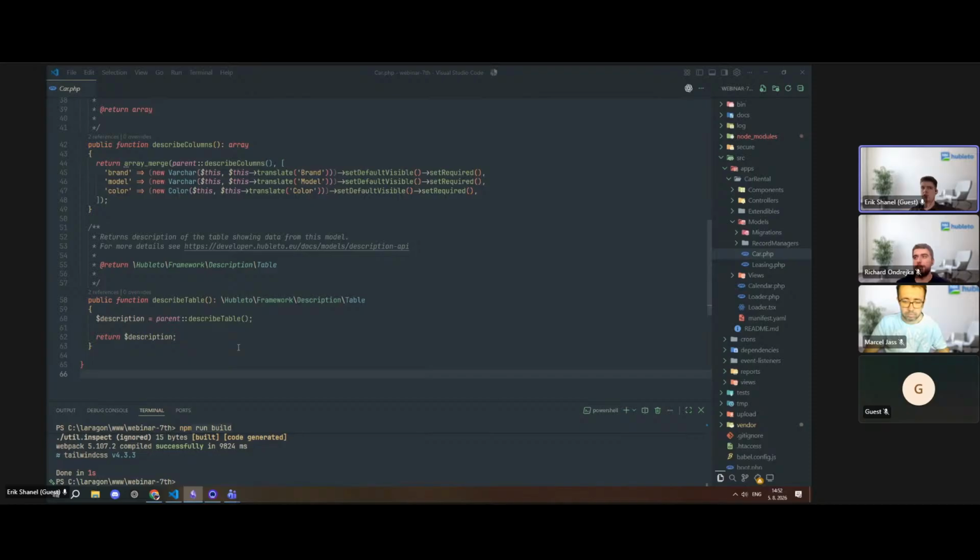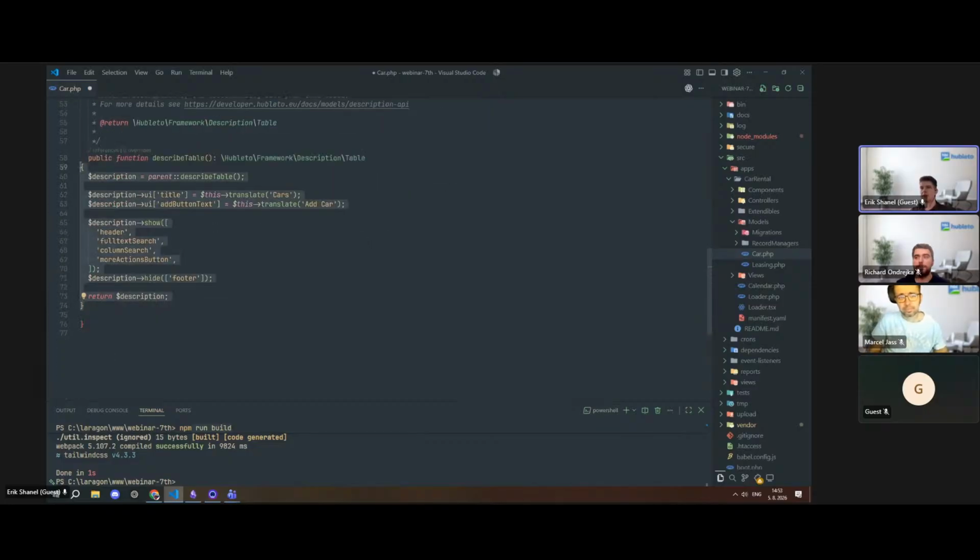We've just changed the behavior in the custom React component, but Hubleto gives us a second customization level called DescriptionAPI, which Richard will talk about. It allows the model to describe standard table and form behavior without creating a new React-based implementation for every single small configuration change, right? So a describe table might look something like this,